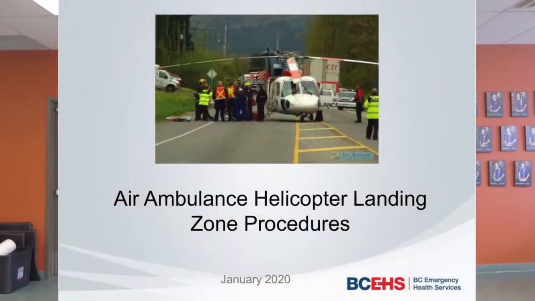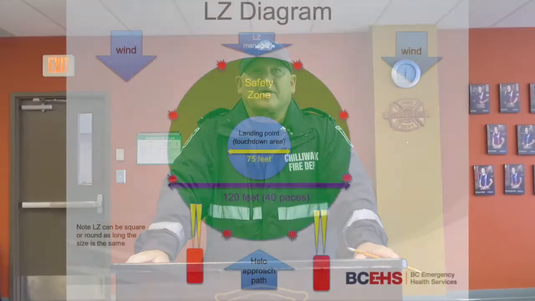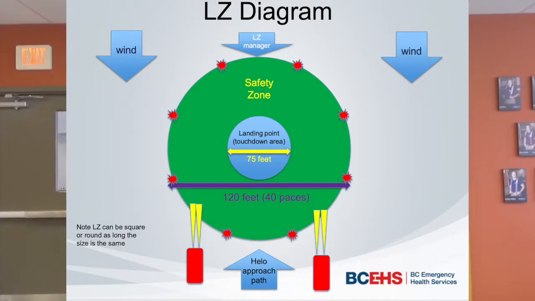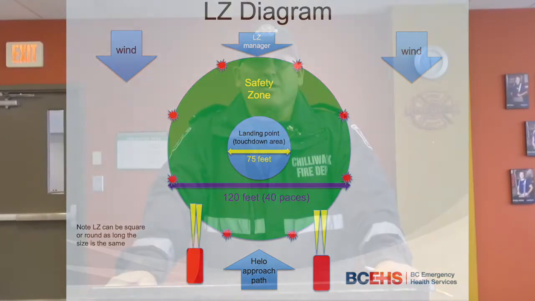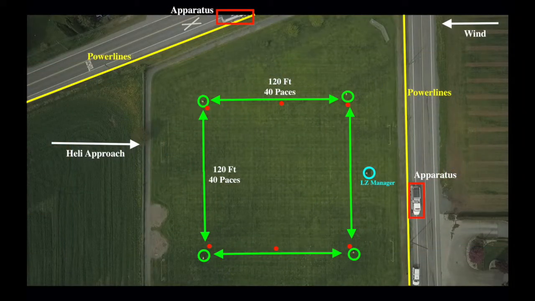Hi all. In this training session, we will be going over air ambulance helicopter landing zone procedures. This session includes a PowerPoint from BC Emergency Health Services, 2 JPRs, and a video showing a landing zone setup. In the PowerPoint, you will notice that their illustration of a landing zone is circular. In our video, we will be setting up a square landing zone. Both are acceptable setups, although we will continue setting up our landing zones as we have in the past, which